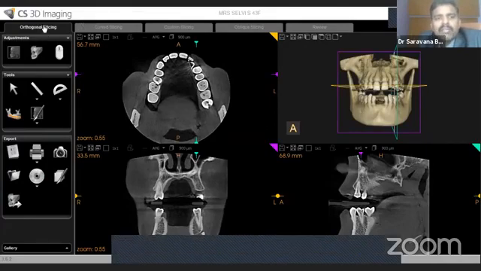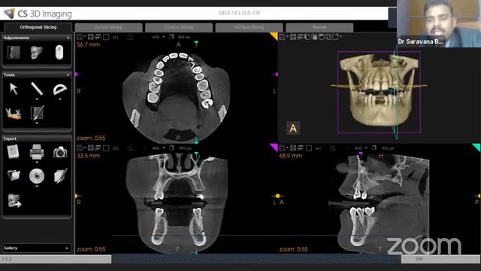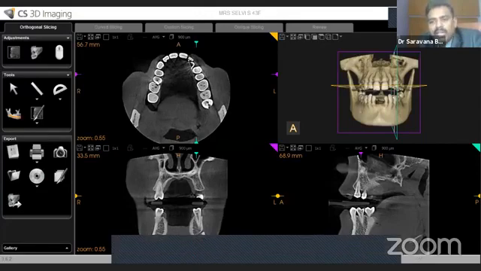Okay, in the first orthogonal slicing, what we are seeing here is one axial slice, coronal and sagittal slice and its 3D reconstruction. Okay? Every slice will have a particular color code. Look at the axial slice here. Look at the corner, there is a yellow color marking. Look at the coronal slice, there is a purple color marking. Look at the sagittal slice, there is a green color marking.